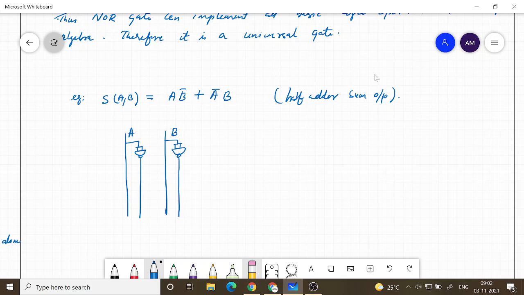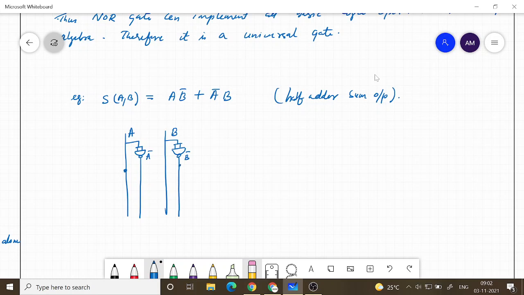Okay. So that is basically A bar, and this is basically B bar. Then what we need to do is, there's an AND operation between A and B bar. So A is available here and B bar is available here.